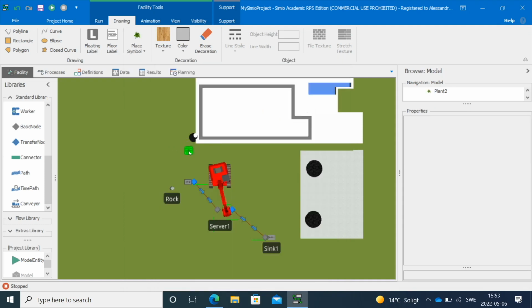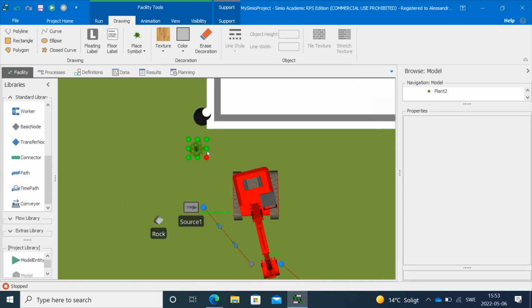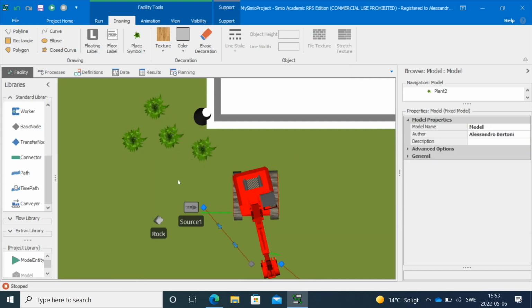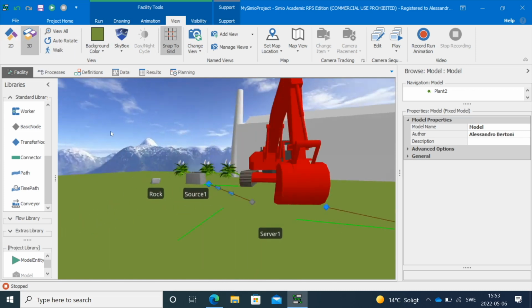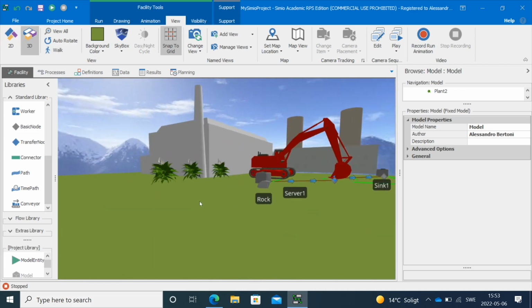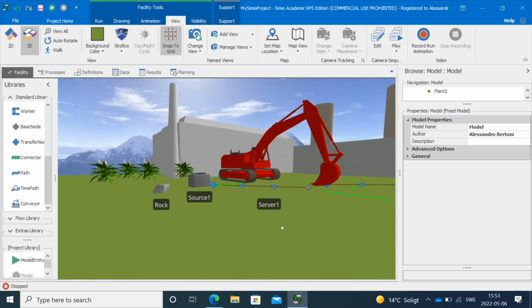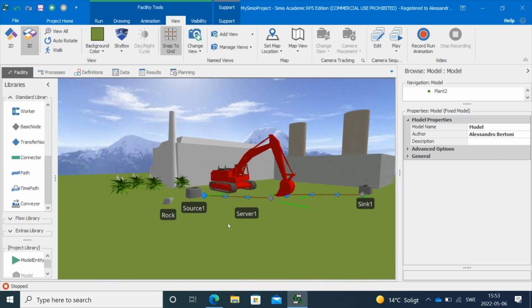Just because I want to do that. And you can import, for instance, the symbol of a plant from the standard library. I can make it bigger and duplicate it. Ctrl C, Ctrl V, in fact, copy and paste. And then you can click to walk and try to experience the scene that you have just created. So now this looks a little bit less boring than what we had at the very beginning with the